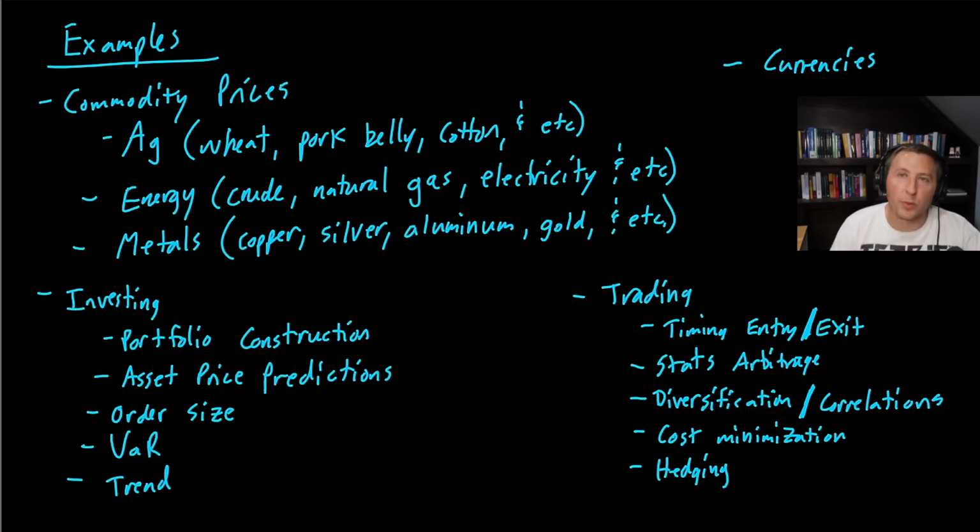Again, cost minimization. When you're trading and executing, you might have a great strategy that works stellar. It's spot on. You're hitting exactly what you need to. Maybe you're market making, for example. But your execution, there's too many executions. There's too many buys and sells happening. And the cost of trading there is just going to kill you. So you might have a model that predicts the optimal timing of how many you should be trading. Maybe it's the size, the tick move, looking at order flows. Those sorts of things are going to impact, for example, a cost minimization model. And there's going to be a whole bunch of data behind that. And you can use a bunch of different modeling methodologies to do that.